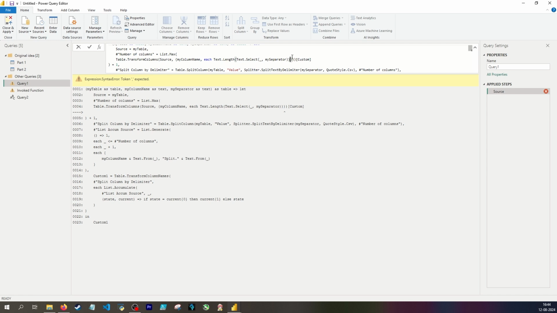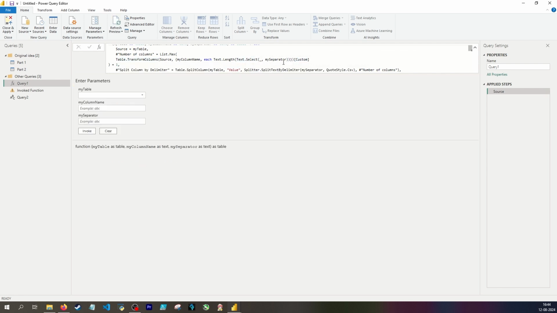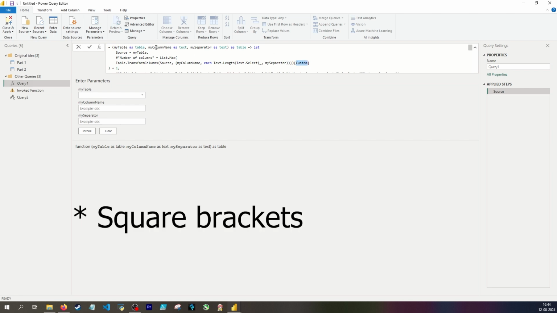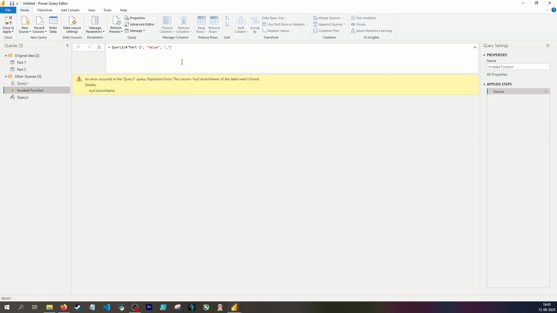That should be here. And I think I can remove one or two parentheses, because that is the transform columns. So I definitely need two here. And then I'm no longer referring to the custom column. I'm now referring to the column name, but I can refer to it in curly brackets with my column name as a variable, because that doesn't work. It can't find this, because it thinks that my column name is the literal name of the column and